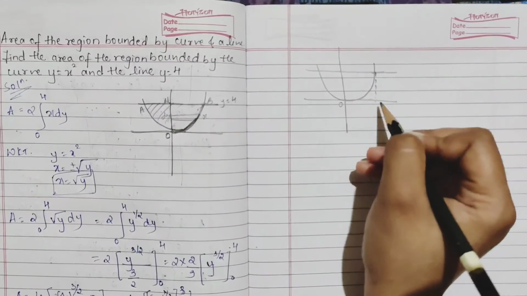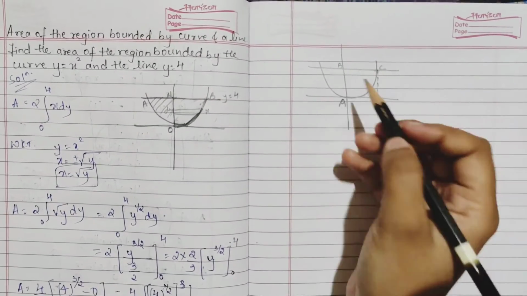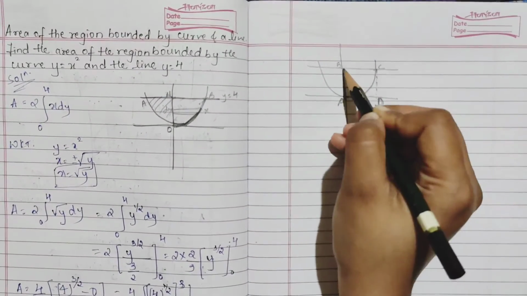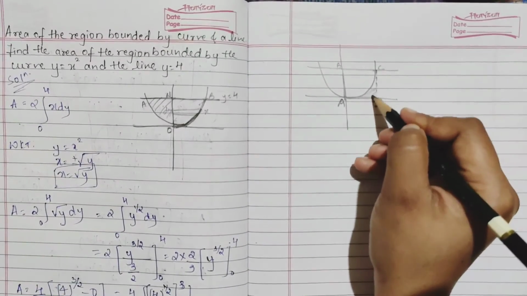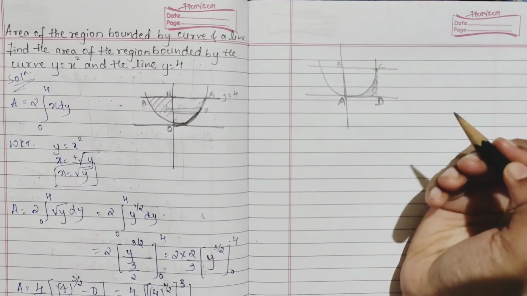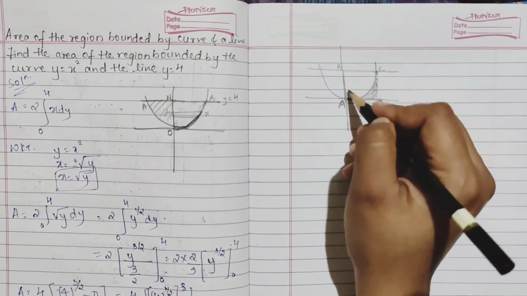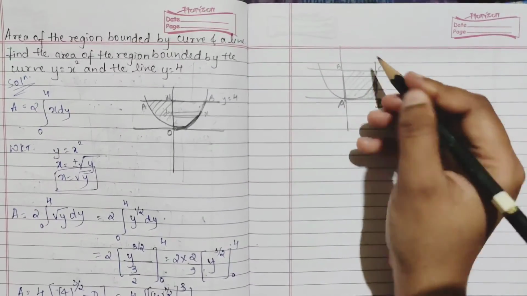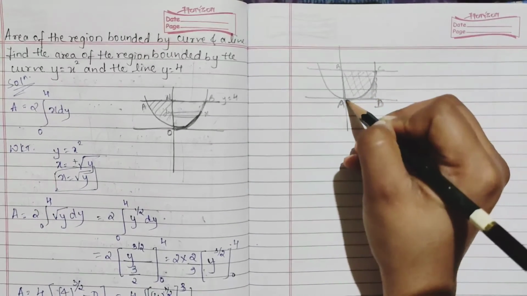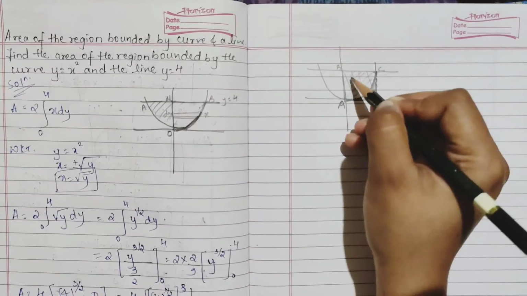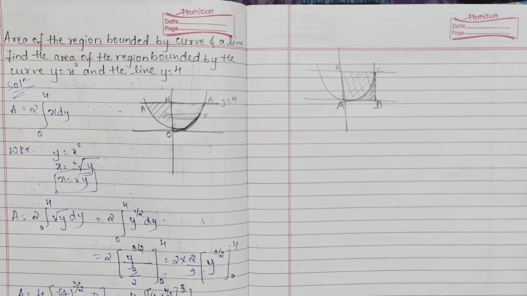As you can see, O, A, B, C, or better, A, B, C, D. You can see this is a rectangle or a square, symmetric. So this area I can find out: this whole minus this, and I will get the area of this region. Your whole rectangle minus the area of only this region ACD will give the area of your ACB. We can do it like this.